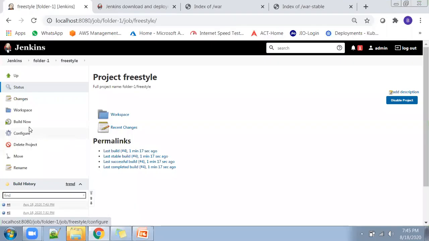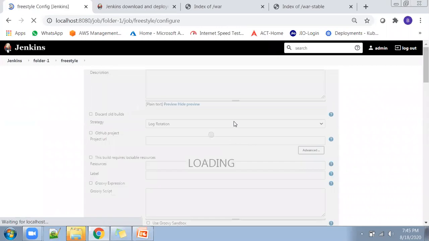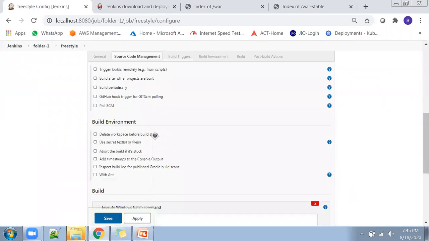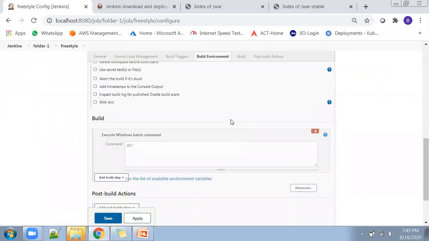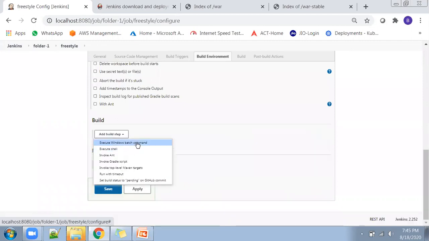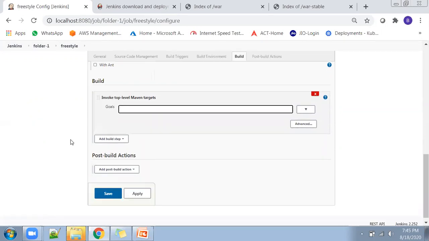If you want to run something different, you can click on Configure, go to the build section, and choose any kind of other build. As of now, we have seen shell and batch. There is an option to invoke Ant and Gradle also. And the other one is invoke top level Maven targets. We know what Maven targets are, like Maven compile, Maven package, Maven deploy. All these commands can be called from here.